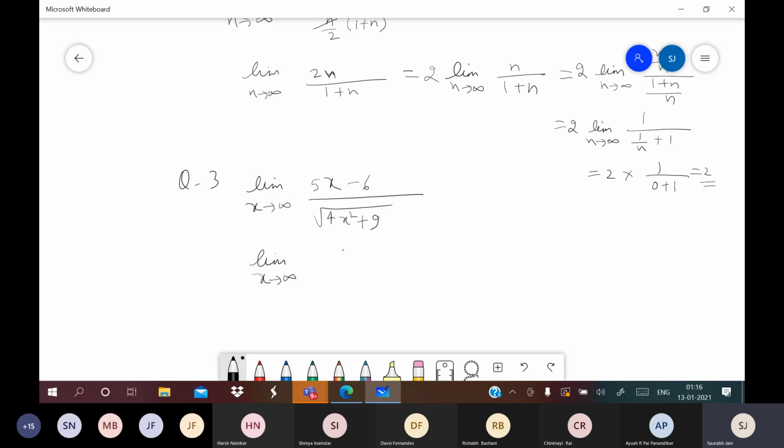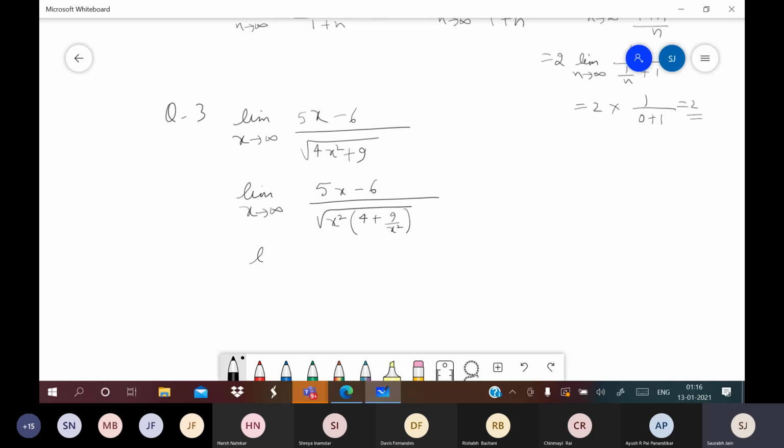So before that, try to understand one very important concept. I'm taking x square common here, writing it like this, because students make mistakes in this. Then I want to write root of x square. As you can see, it is root of x square. You should know this, I have told you so many times. It is not simply x, it is mod x. This is a very important result.